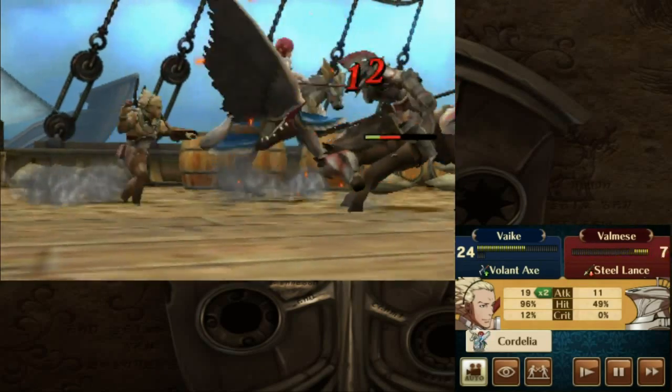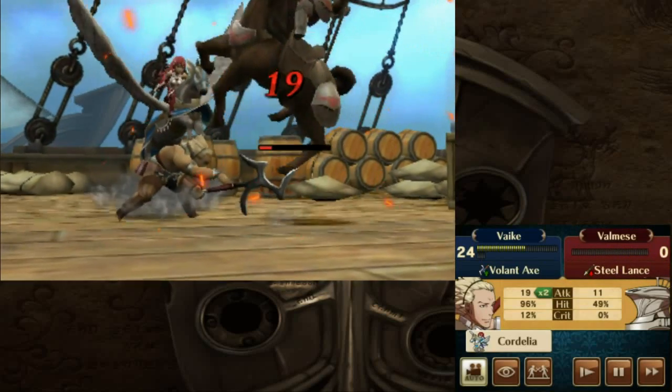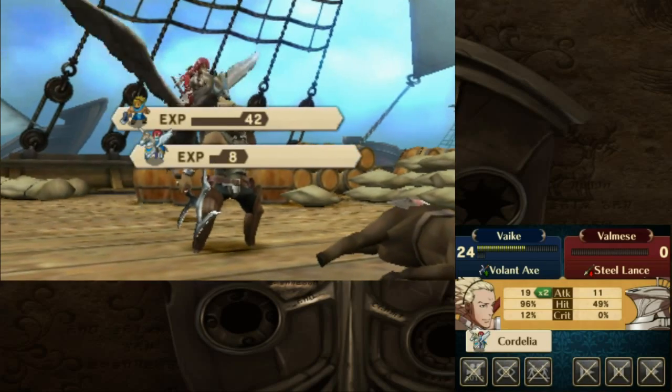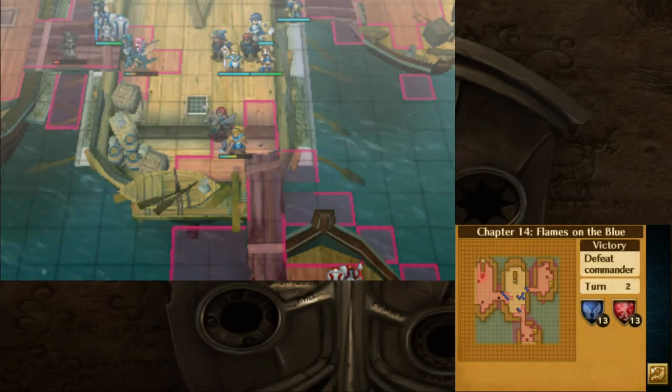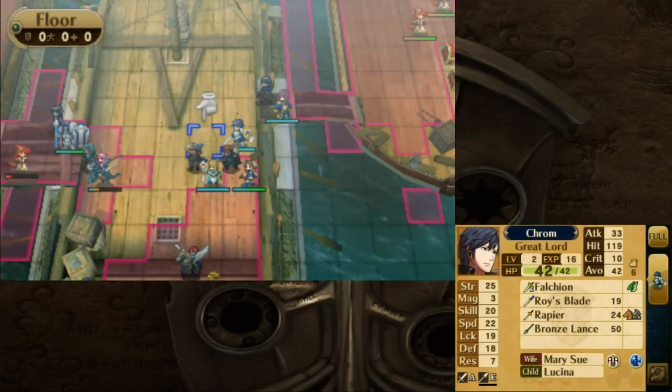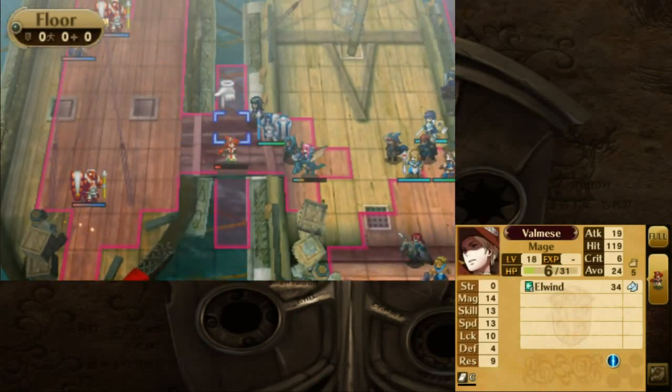My turn. Wait, what does... Oh, she's got a steel lance. Class dismissed. You know, I think her lance is going to break now. Yep. There we go. Okay, now they're going to be provoked into coming. Right, so...